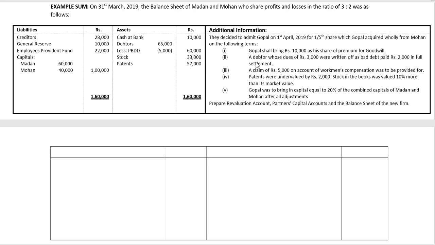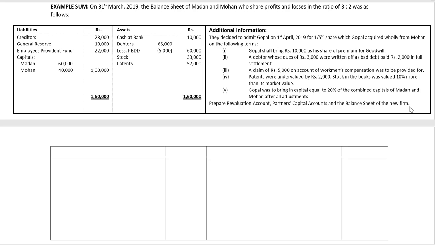Second point, a debtor whose dues of rupees 3,000 were written off as bad debt paid rupees 2,000 in full settlement. Third point, a claim of rupees 5,000 on account of workman's compensation was to be provided for. Fourth point, patents were undervalued by rupees 2,000. Stock in the books was valued 10% more than its market value. Fifth point, Gopal was to bring in capital equal to 20% of the combined capitals of Madan and Mohan after all adjustments. We are asked to prepare the revaluation account, the partners' capital accounts, and the balance sheet of the